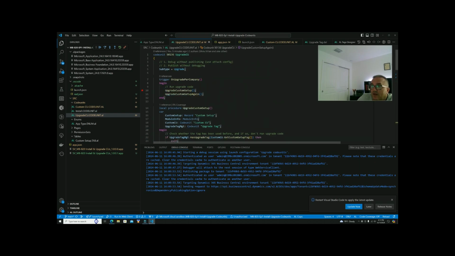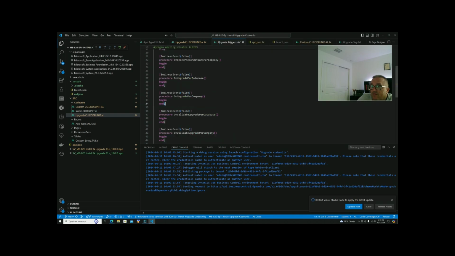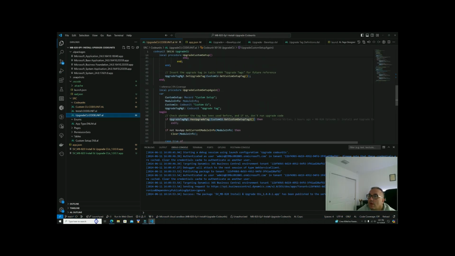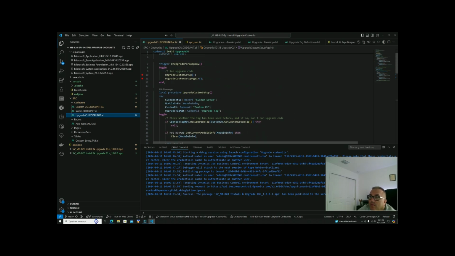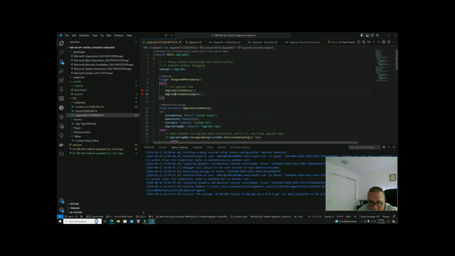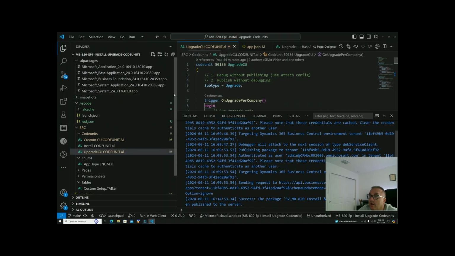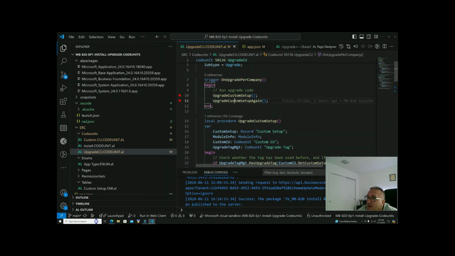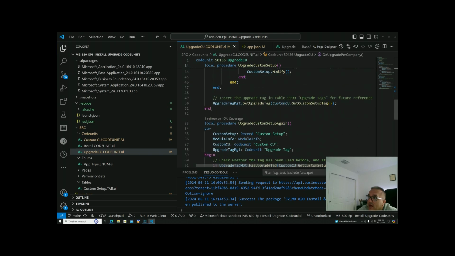It's very interesting why we have more companies. We're going to look at that second method. Yes, this one. I want to see here what is happening. So we're going to skip over the first one. The problem with this function here, upgrade custom setup again, was that